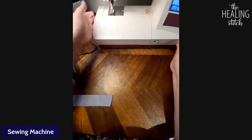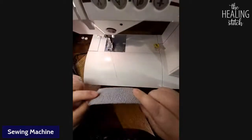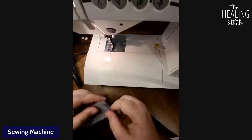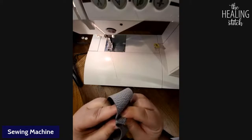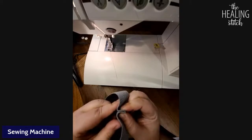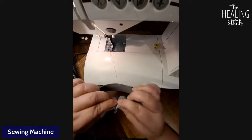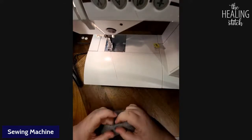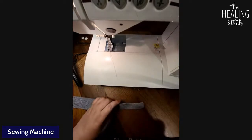This stuff is fairly thick, and sewing it together like this and then having this bulk of a seam is not my favorite. You will see some places say that your finished seam ends up like that. I'm not a fan of how that looks. So let's show you a couple options. First option is,